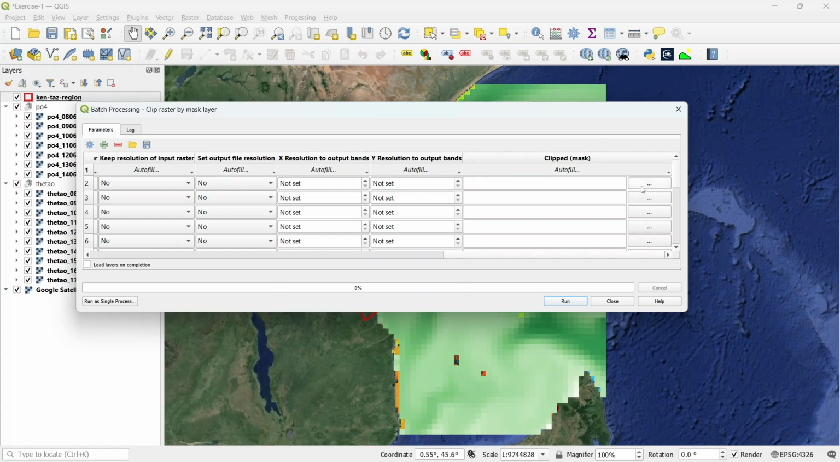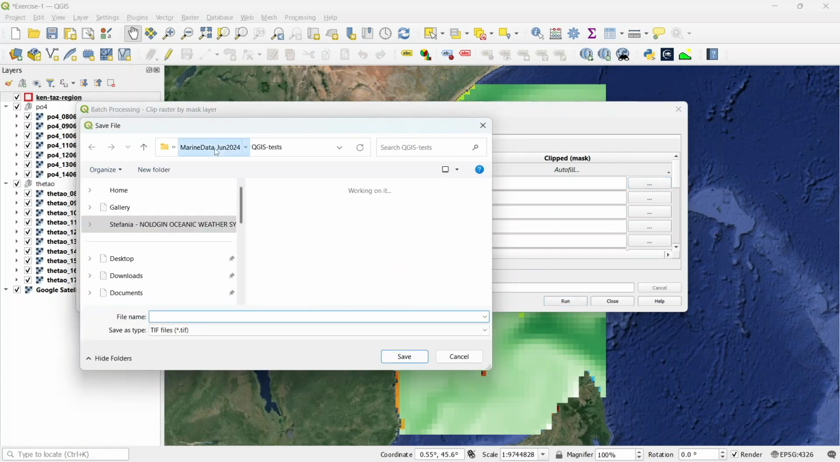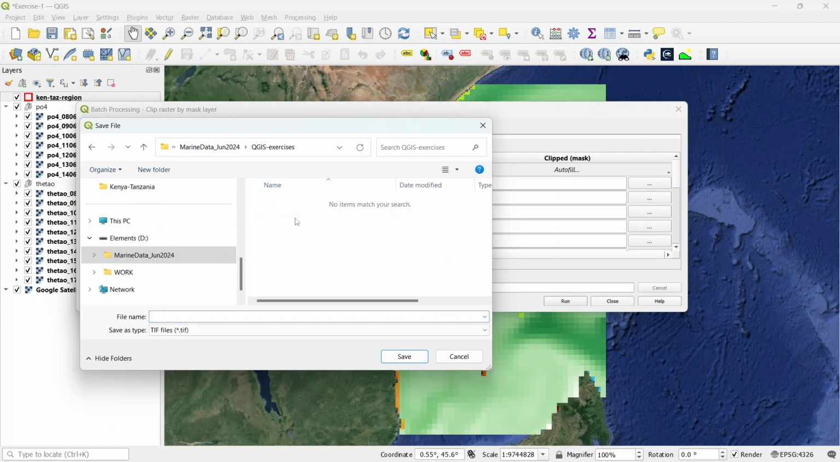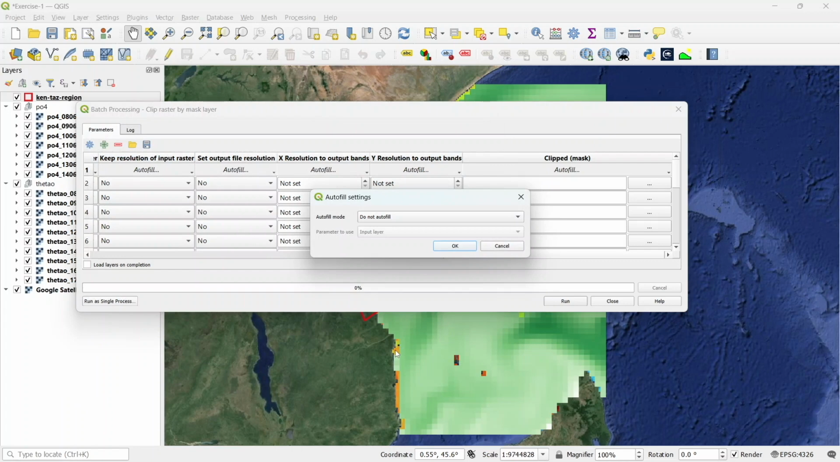Now let's save the clipped rasters in the working folder, that in this case is QGIS exercises, the one that I'm using. And let's give a name, a tag, to the output files that will be produced once the function runs. So for instance, I want to tag them with the keyword clip underscore, we do save, and QGIS